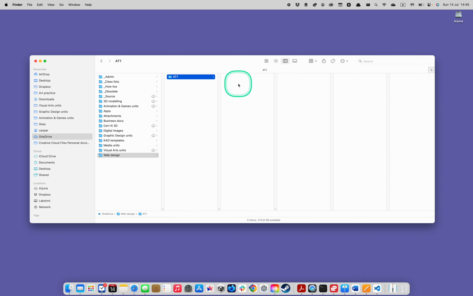We need just a couple of folders inside that one for use in building out our website. These names are not arbitrary. I really, really want to emphasize this. You should name these folders exactly as I have. So we're going to first of all make a folder for your images. That is where you'll store the photos or the other vector graphics in SVG format that you'll be embedding